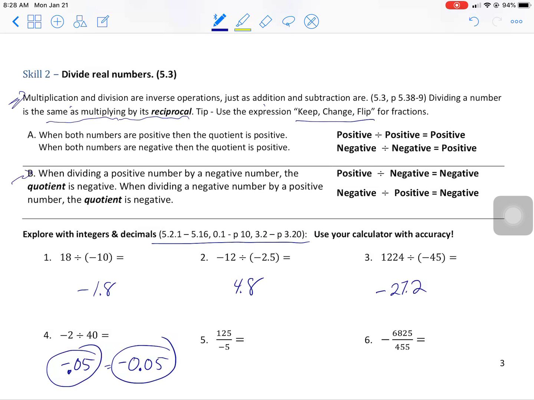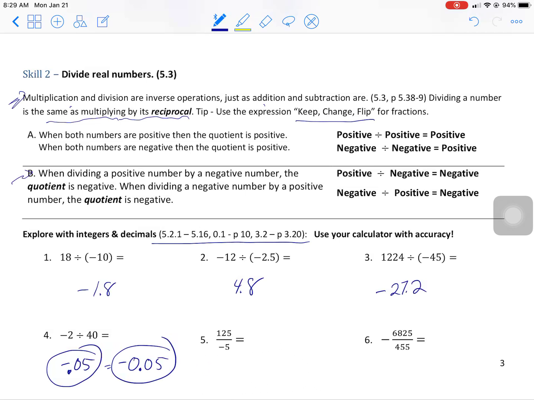And you know, if it's a confusing one, I mean, this looks weird. Negative 2 divided by 40 is a strange thing. So how do we know this weird little decimal is correct? You can always put that back in your calculator, 0.05 times 40, and you should get your negative 2. So feel free to check things back the other way. If it's a test, you want to make sure